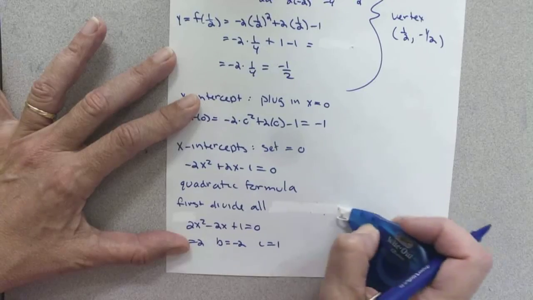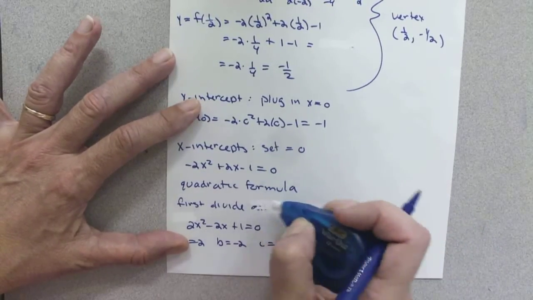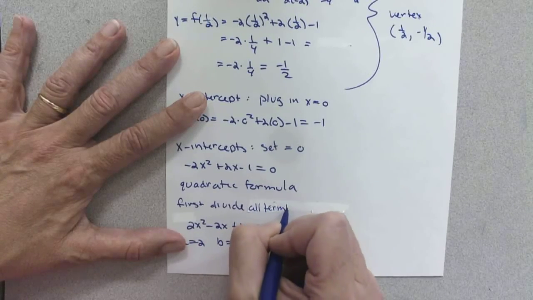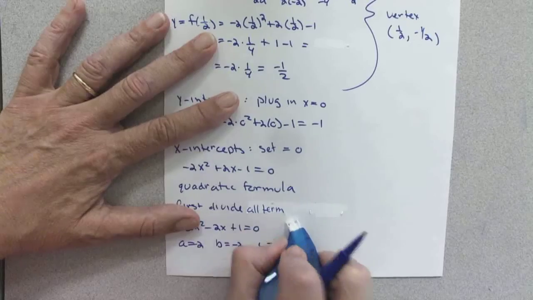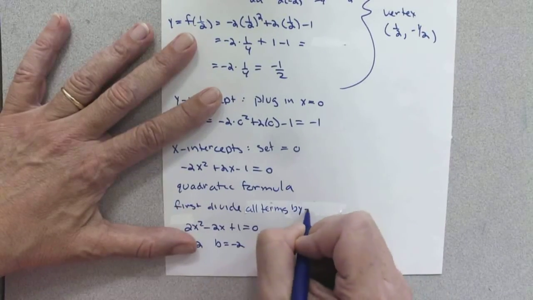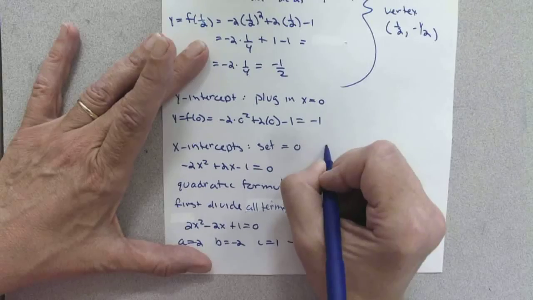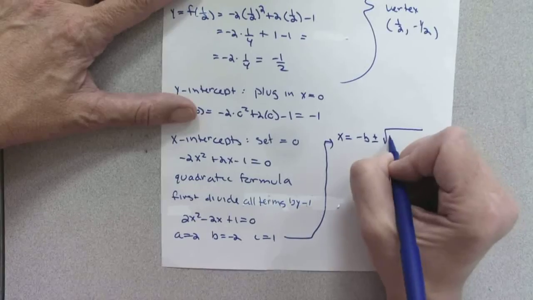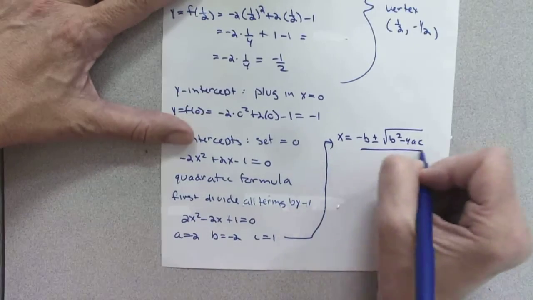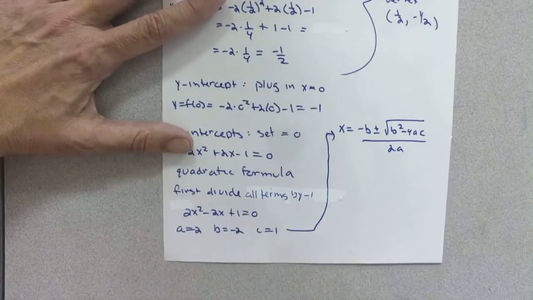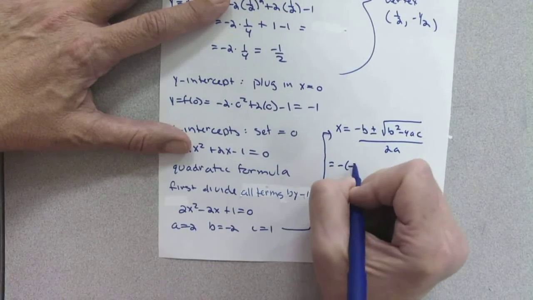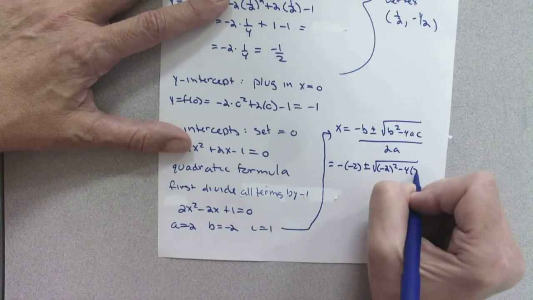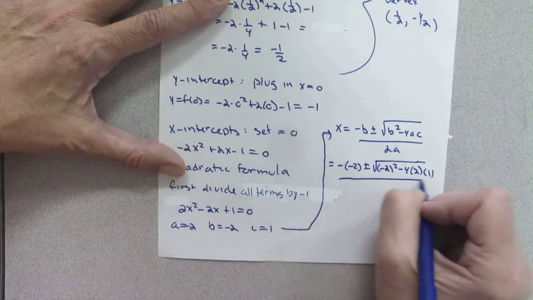Write a little bit smaller here. So I'll go up here and finish it. X equals negative b plus or minus the square root of b squared minus 4ac all over 2a. And so I've got negative 2 plus or minus negative 2 squared minus 4 times 2 times 1 all over